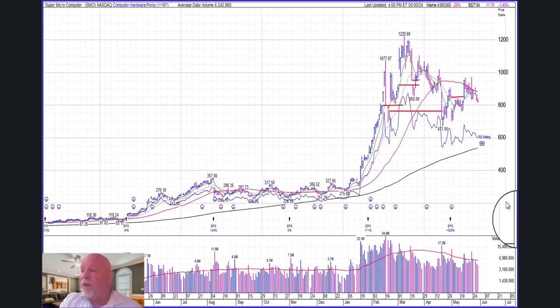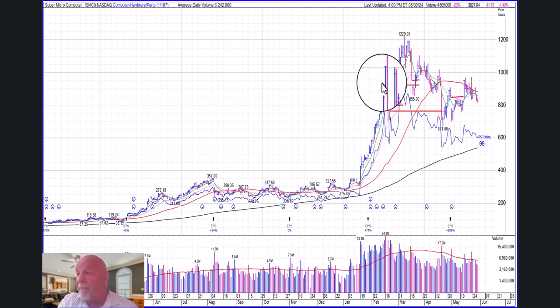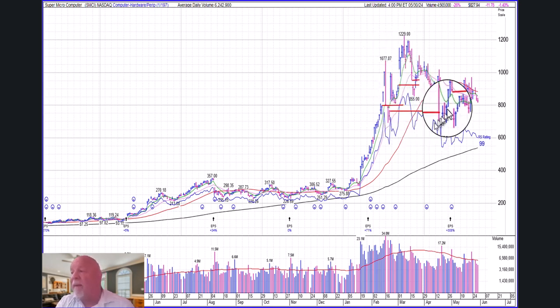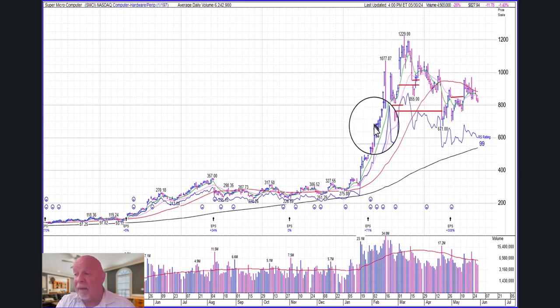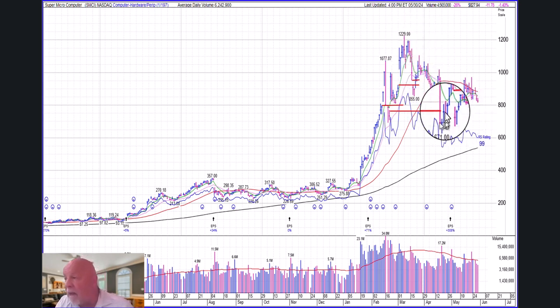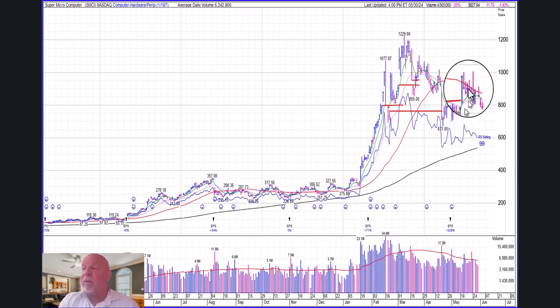Super Micro Computer has several gaps on its big run up. It had a gap up, another gap up. We had a gap down. We've had all kinds of stuff, and notice how almost all of them have been filled, right? Almost all of them on this chart, I think all of them actually, have been filled. And so Super Micro Computer had to come down and fill this lowest gap, and it didn't do it by much, and then it turned around and went up. I just find it amazing. So this is the coolest thing.